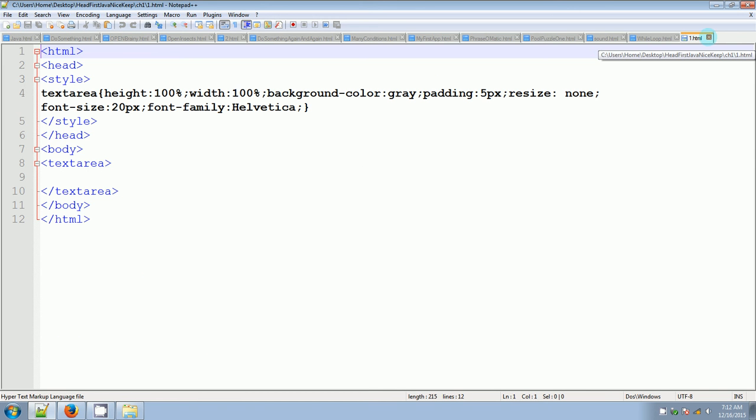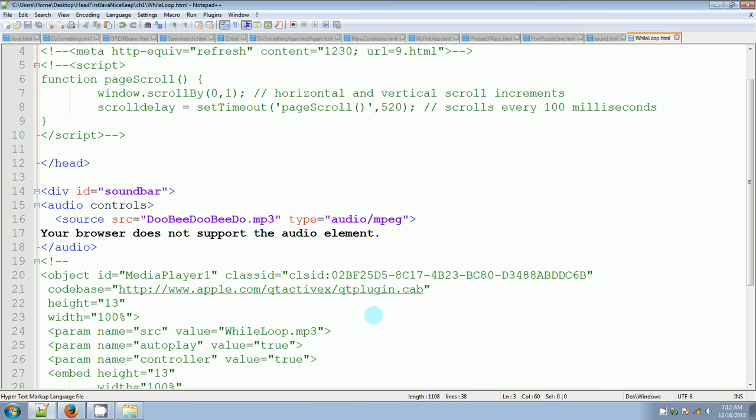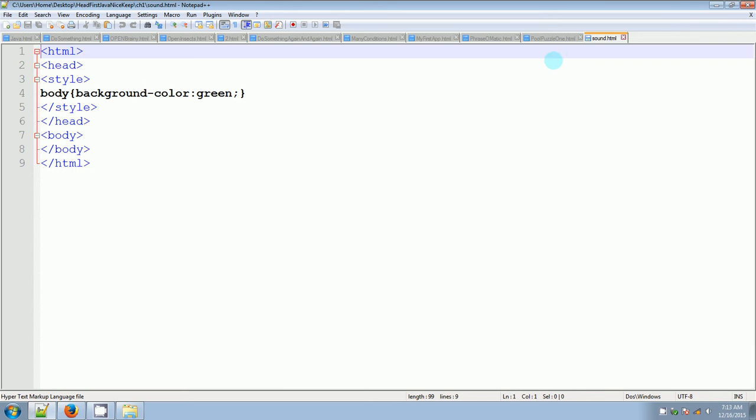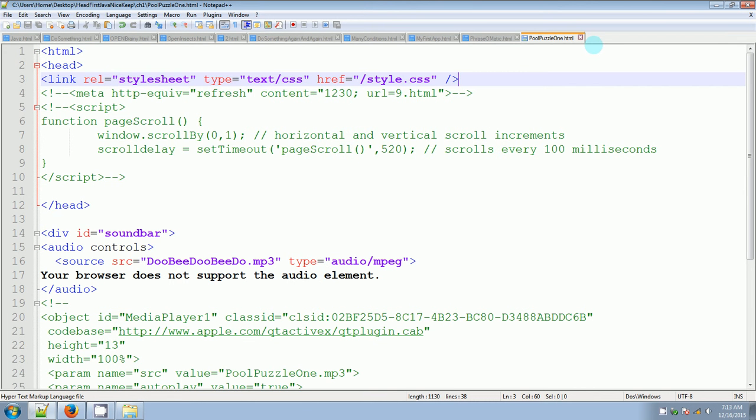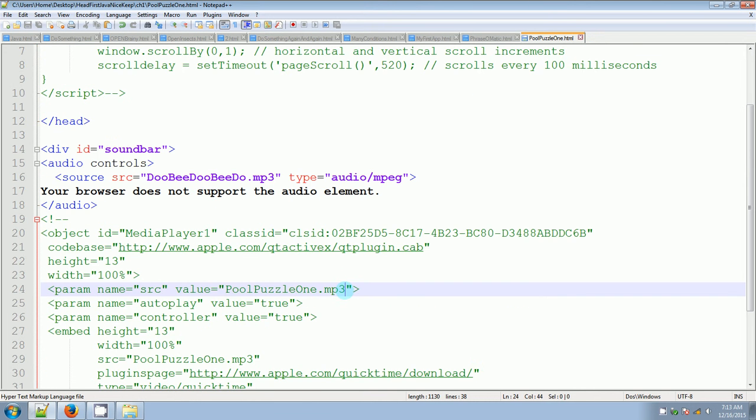I don't know what that's for. And while loop MP3, Control C, replace that placeholder with Control V, save it, close it. Sound HTML, Pool Puzzle 1, Control C, Control V,